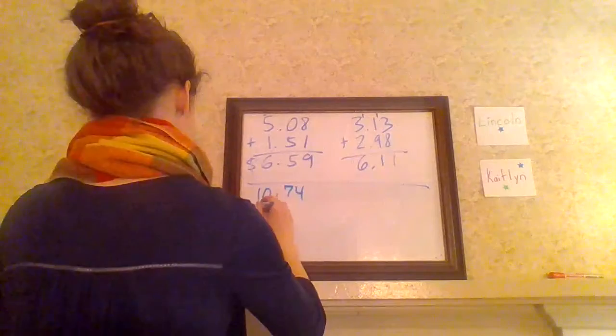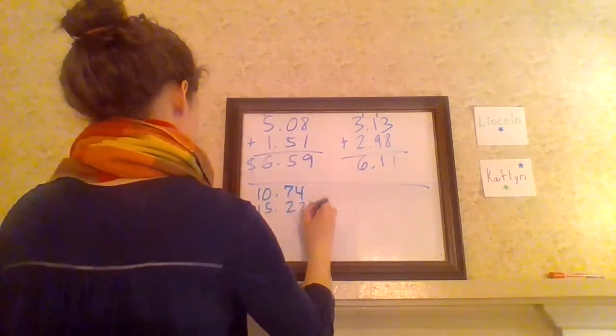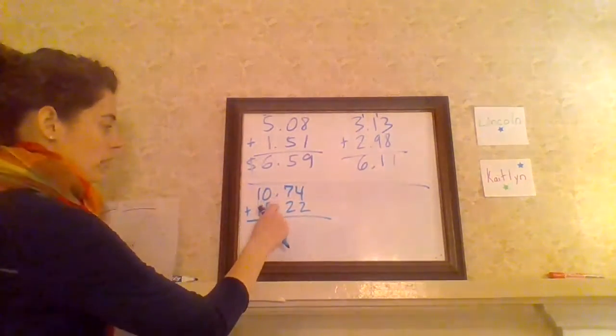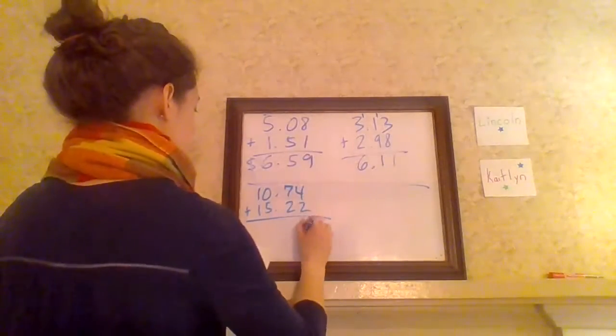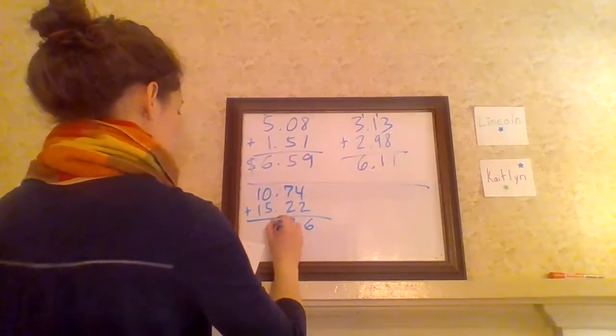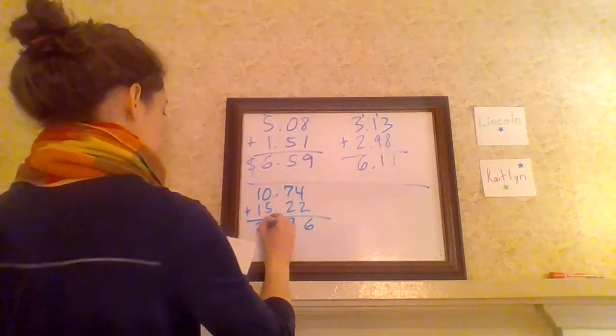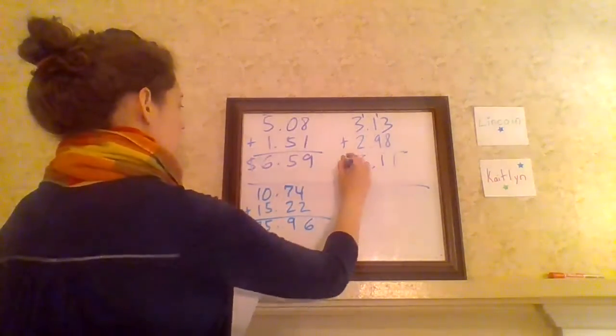$10.74 plus $15.22. So remember, make sure you're lining up these decimals. 4 plus 2 is 6, 7 plus 2 is 9, and 25. $25.96. Okay, one last one,